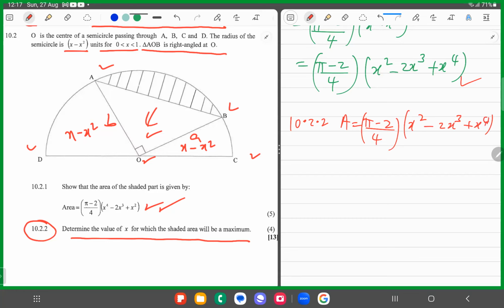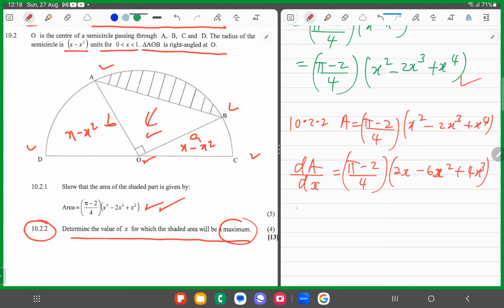Okay, so now if we want to get the maximum, in calculus we find the derivative and we equate it to 0. So I'm going to find the derivative, so it's pi minus that over 4. This pi is a number, it's a constant, we don't worry about it. We just find the derivative of the x terms. X squared, the derivative is 2x. Derivative of 2x cubed is minus 6x squared. The derivative of x to the 4th power is 4x cubed,